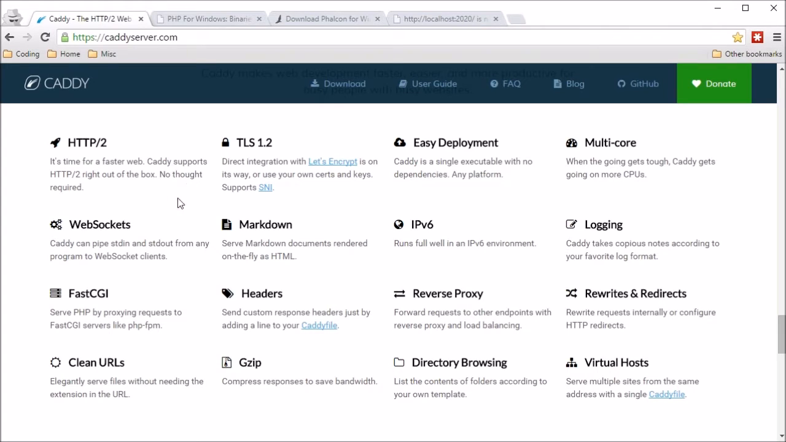It's got things like fast CGI to run PHP, so you don't load PHP the same way as Apache. It's got gzip compression, those sorts of things that you'd expect. It does rewrites and redirects, things like that, which is handy for what we're going to be doing later. So first of all, we need to simply go and download Caddy,